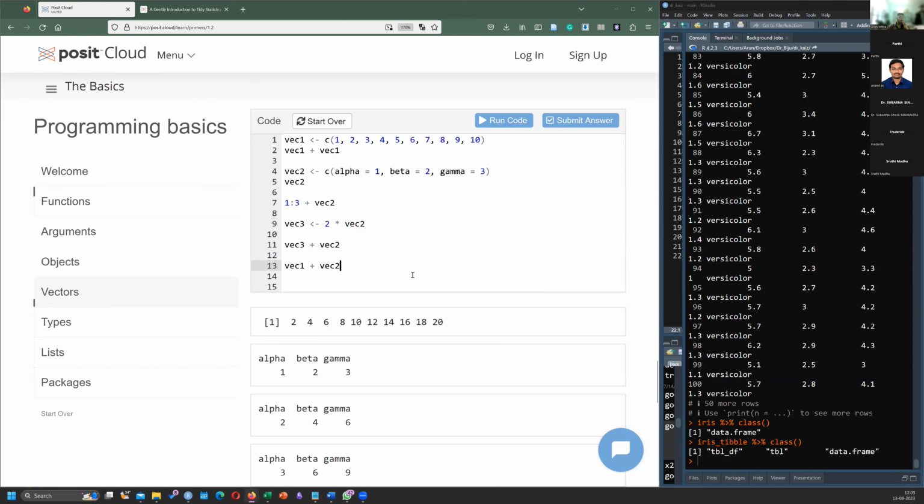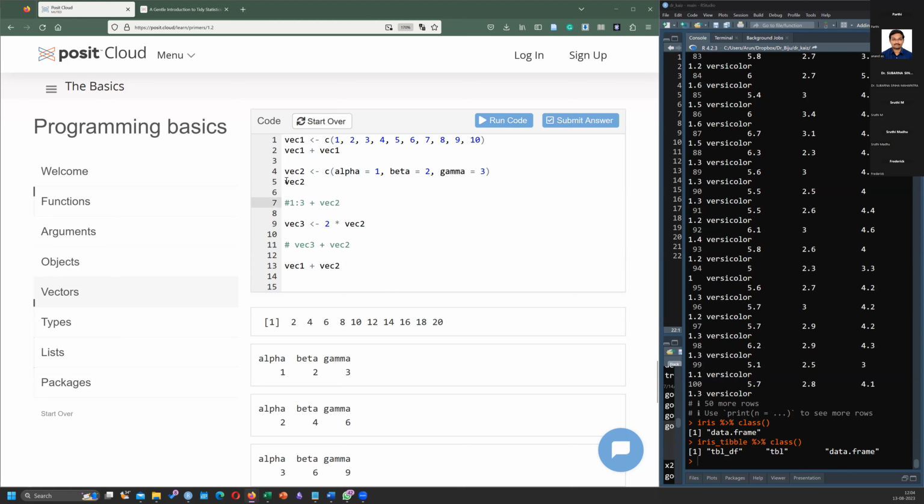Okay. What about you, Shruti? What about Subarna? What about Frederick, sir? What do you think will happen? I think the first three numbers will add. But we didn't tell alpha, gamma, beta, and gamma in vector one now, sir. I think an error may be there, or first three, 1, 2, 3. Okay. Let us see.